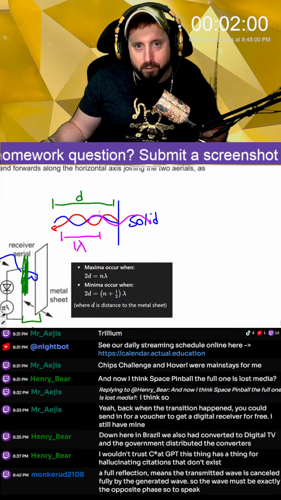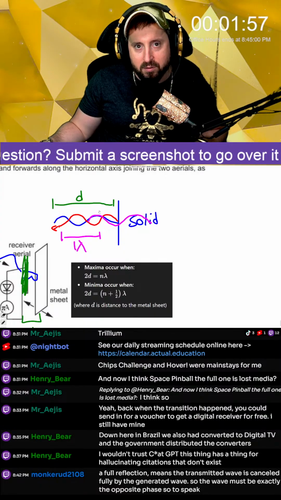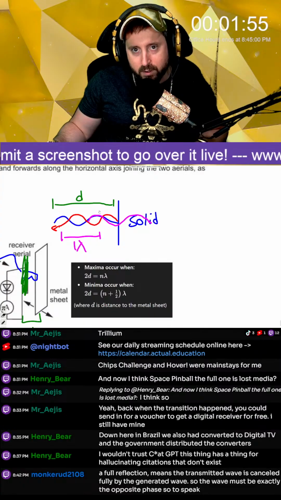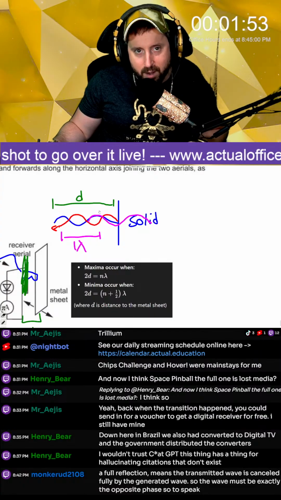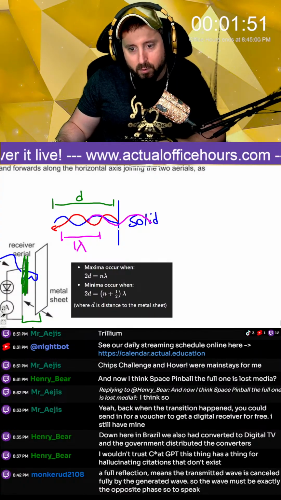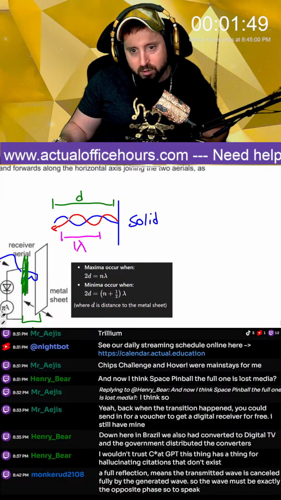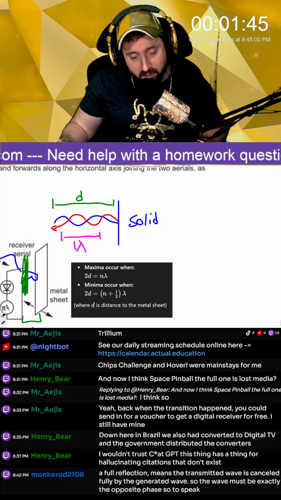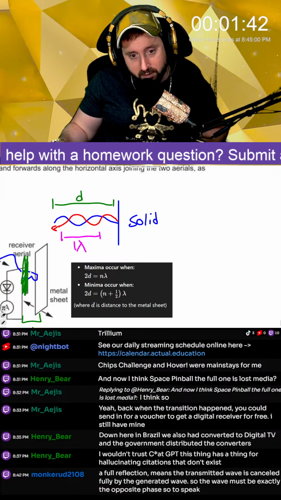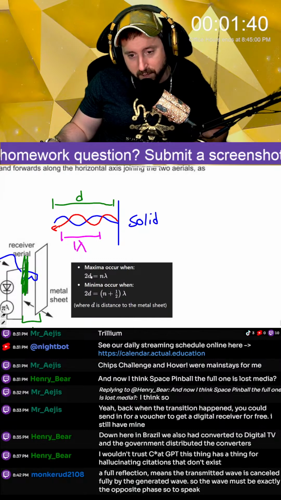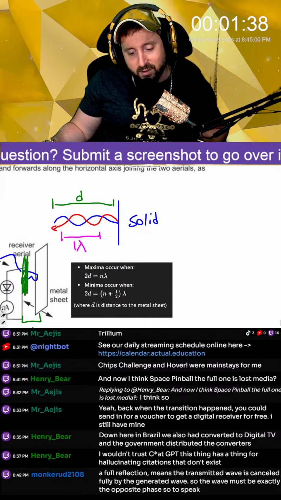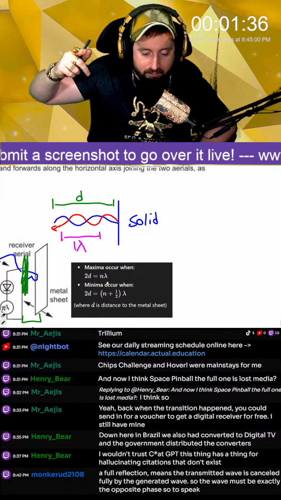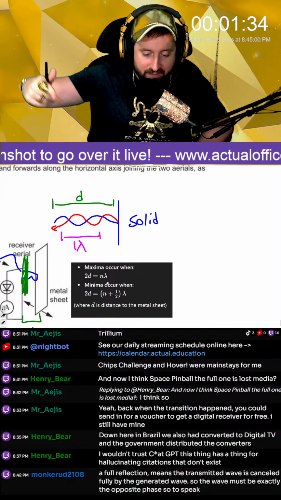Exactly. Yeah, for a full reflection means the transmitted wave must be canceled out fully by the generated wave. So the wave must be exactly the opposite phase. Exactly. And that's where this condition comes in. If the difference between the wave that's received directly and the wave that's received by the reflection is either 1/2 lambda, 3/2 lambda, 5/2 lambda,